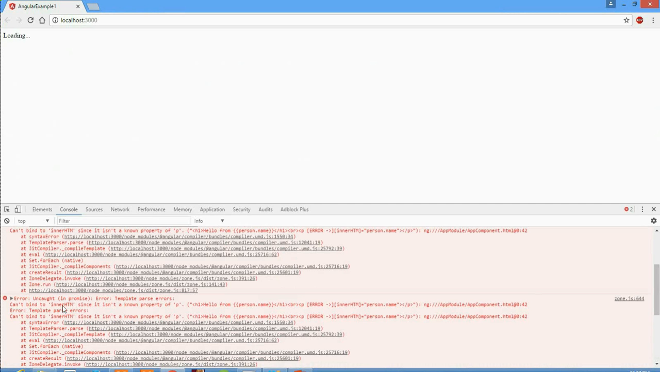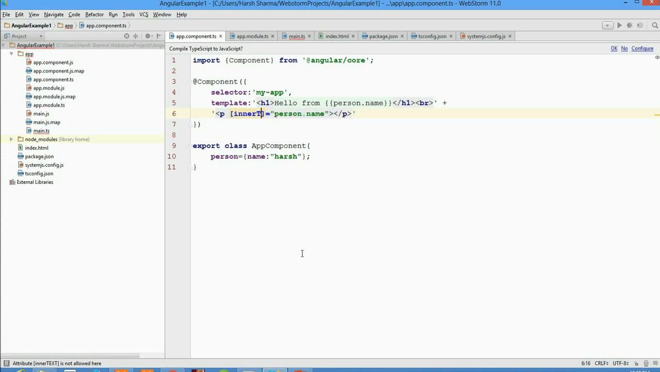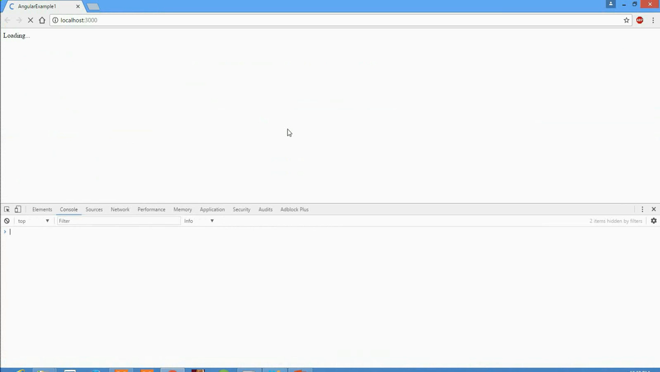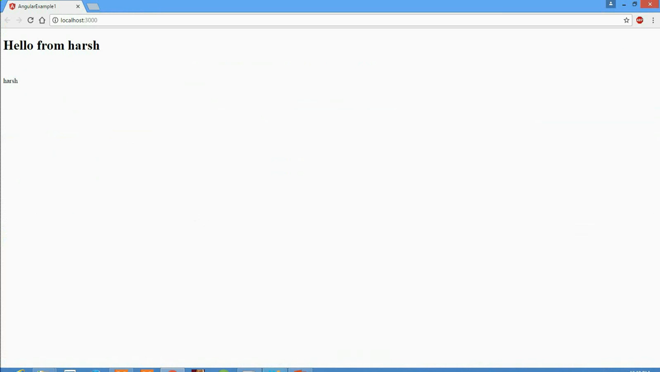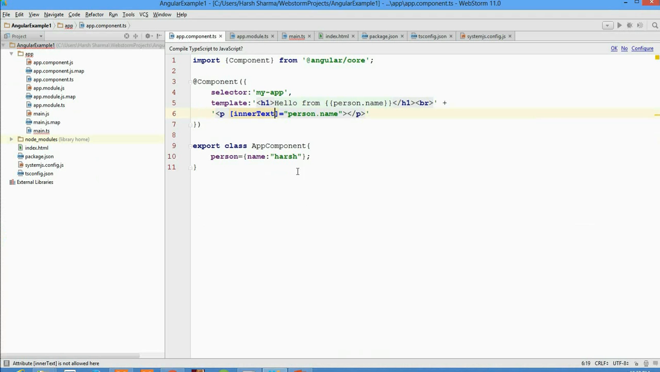Inner HTML is not a known property of P. So if you are providing that, now let's suppose I change this to text. So this is a valid HTML attribute. Then reload the browser and it is running fine. Yeah, I got the result again. So this is how the one-way binding works in Angular 2, and we can